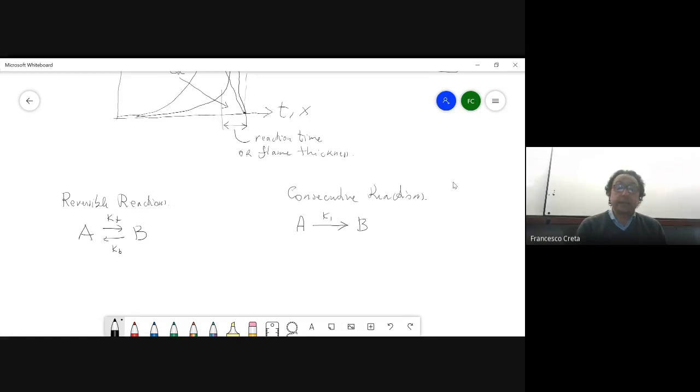And why is it consecutive? Because then this B will itself react and be depleted through a reaction K2 to form the final product. So you see that essentially the second reaction cannot happen without the first reaction, because you have this special species here which has a particular role, which we call the role of the intermediate